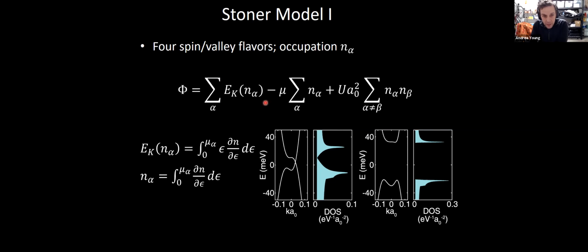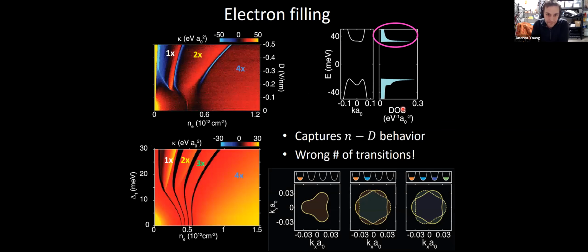So the question is whether you can take this type of model where this is the energy as a function of how much you occupy these different flavors. So alpha here indexes spin and valley flavors. We can start by just saying spins and valleys are all the same. That's not really true, but we can say that they're just an index, which spin and valley projection you choose, and then see what this model gives us.